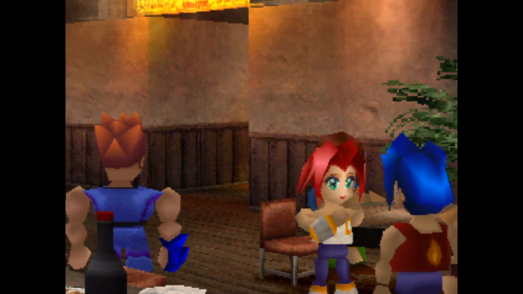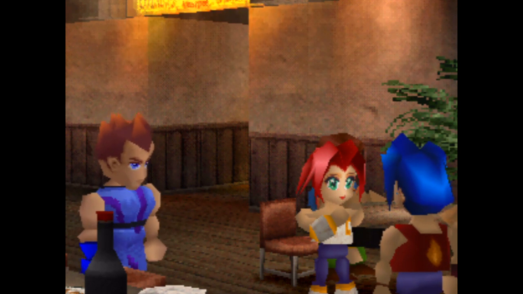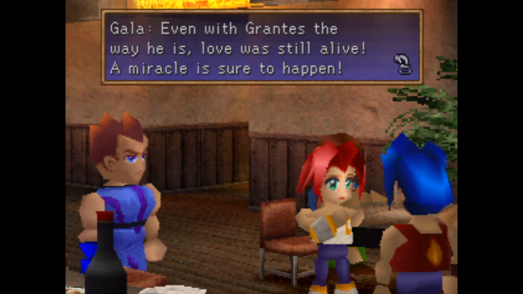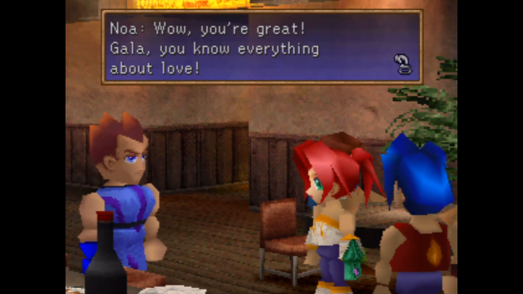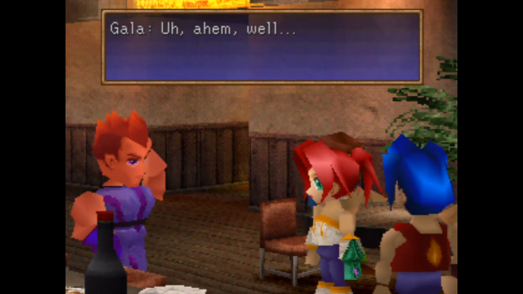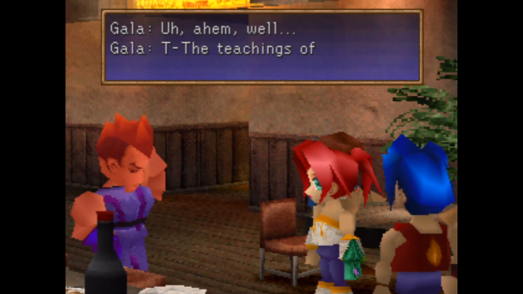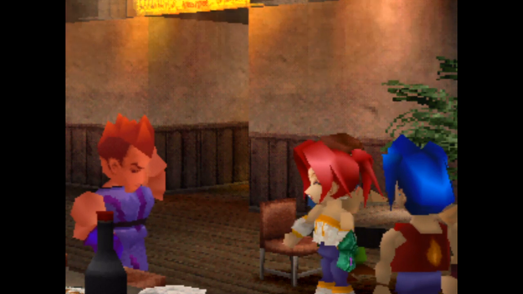Well, there you go. Awesome. It'll be okay, right? Kara will forgive Granis, right? Even with Granis the way he is, love was still alive. A miracle is sure to happen. Wow, a little dramatic there, Gala. Wow, you're great. Gala, you know everything about love. Well... The teachings of Byron say strength begets love, and, well...